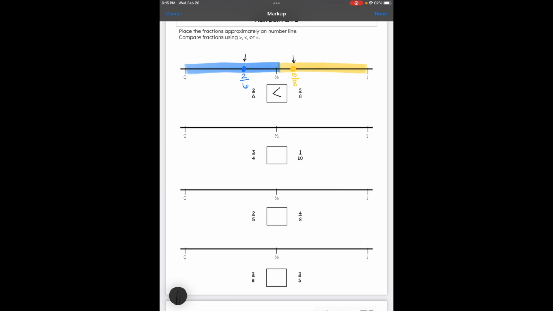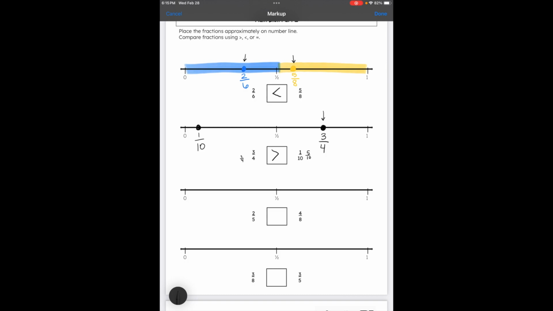Half of 4 would be 2, so 2/4 would be the halfway mark, meaning 3/4 is going to be on this side of the number line. And then 1/10, 5/10 would be equal to a half. So this is really far under, so it's going to be even closer to the 0. So here I can clearly see that 3/4 has the greater value. It's farther up on the number line. So 3/4 is greater than